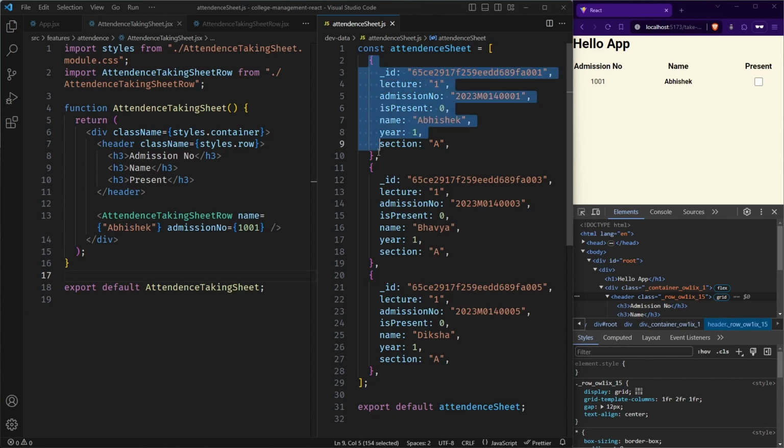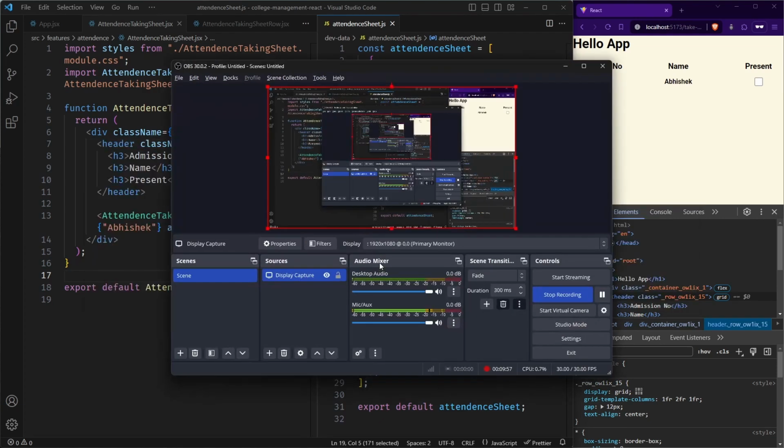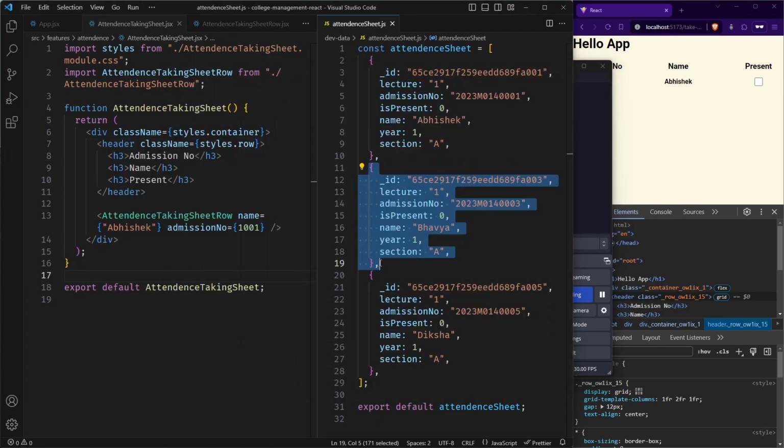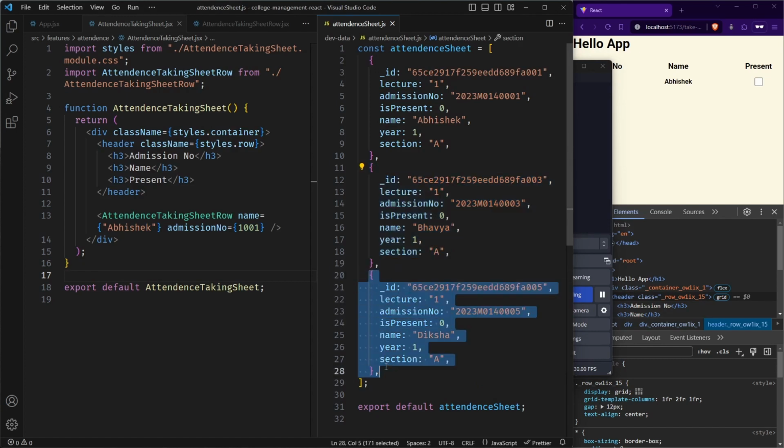So this is the first object for student number, let's say Abhishek, and this is the second object. Basically each object has some information about the student, and there are 3 objects and there are 3 students, namely Abhishek, Bhavya and Diksha. Okay, we also have other details, we will focus on them later on. Let us keep things simple here.